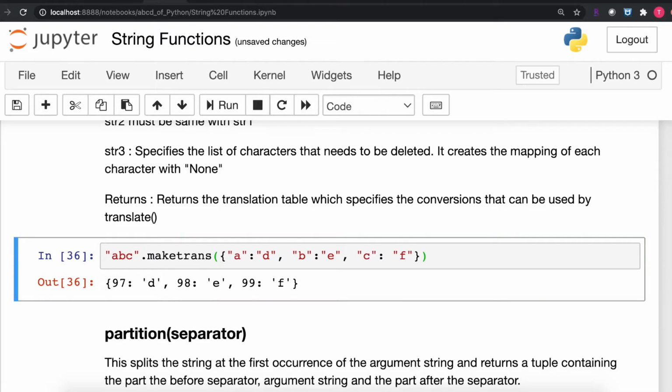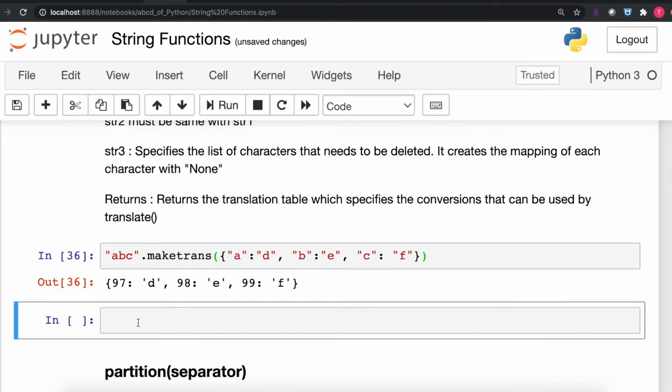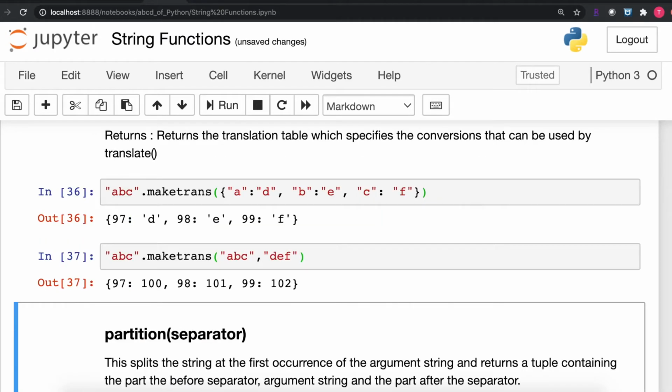Next, check an example with the maketrans string function having 2 parameters. So let's take a random string ABC and apply the maketrans string function and provide the string ABC as the first argument and DEF as the second argument and execute the code.